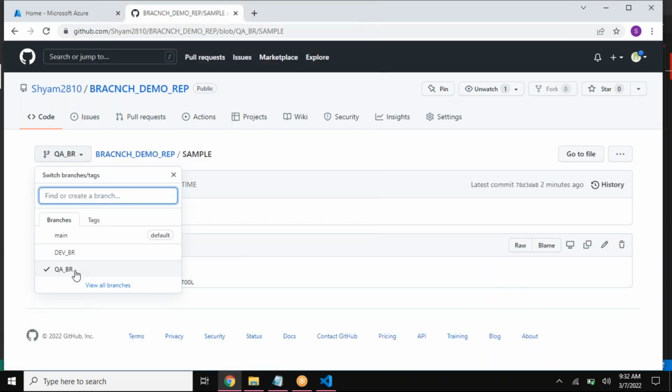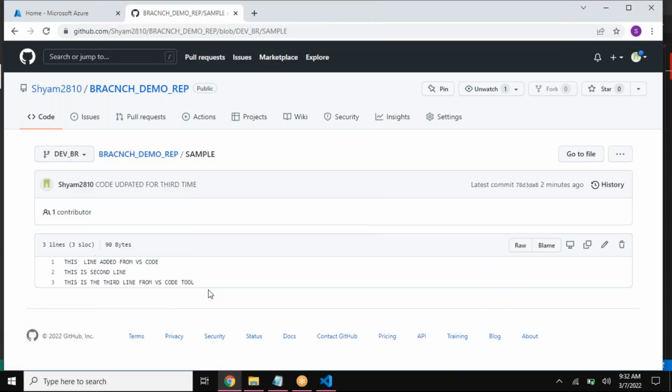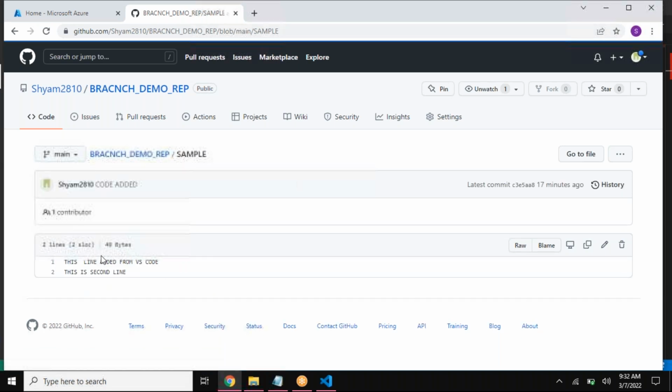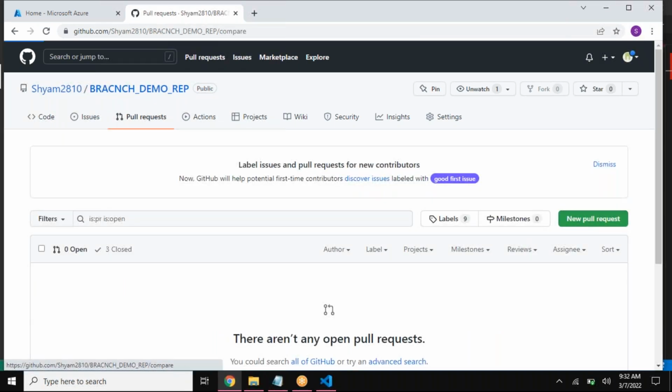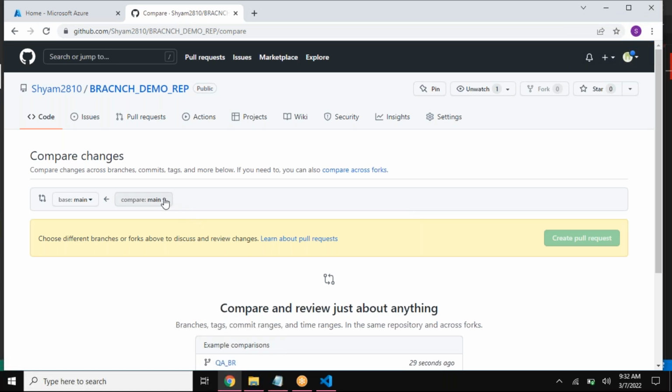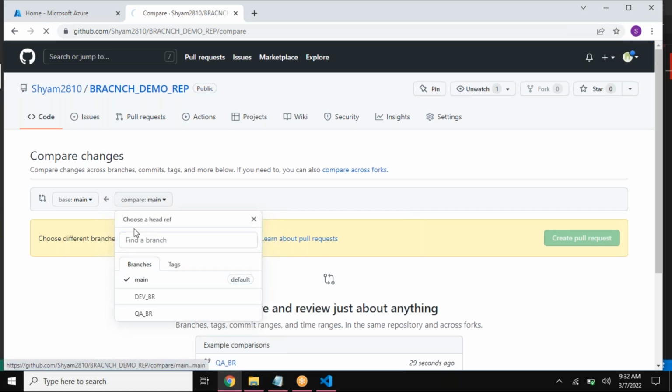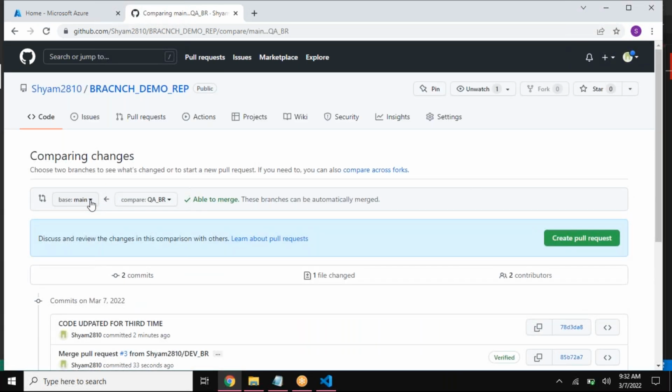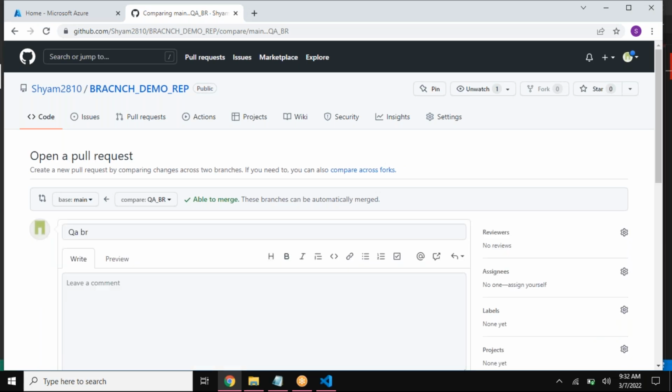So my QA and my dev both are in sync. But my main branch has only 2 lines again. So what I want to do, again I want to push my things to my main branch. So go pull request, new pull request in here. Now it's from my QA branch to my main branch. So create my pull request,